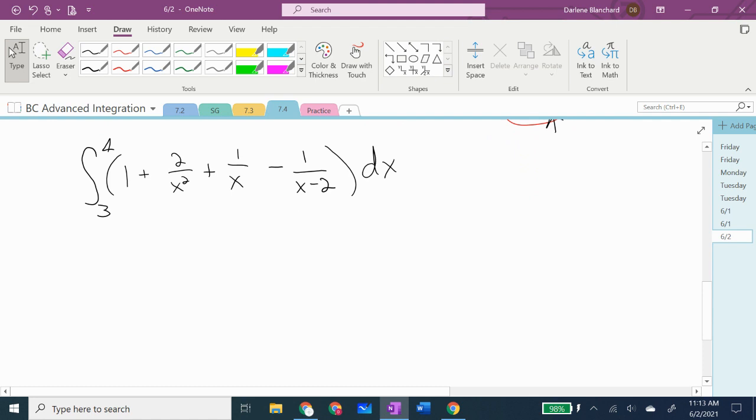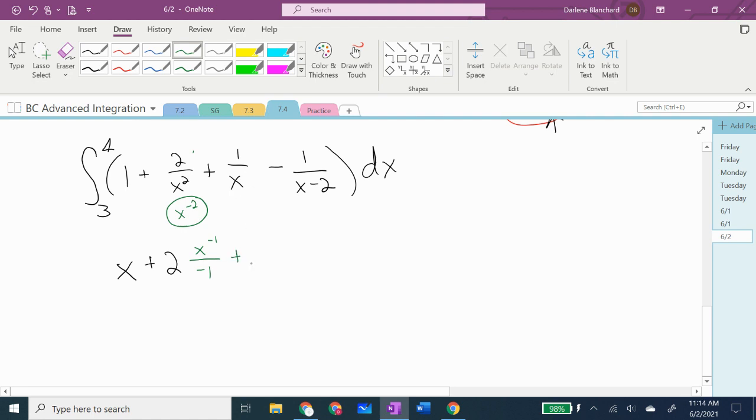So far, we've only done algebra. Now for the calculus part. Integral of 1 with respect to x is x, plus 2 times integral of x to the -2, which is what 1 over x squared is. Add 1 to the exponent and divide by that new exponent,